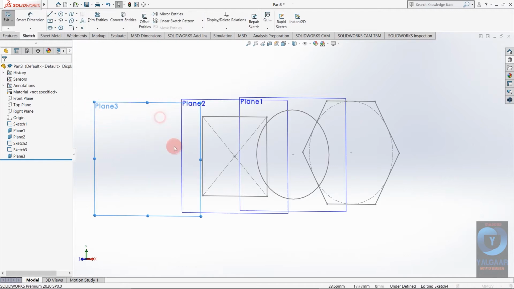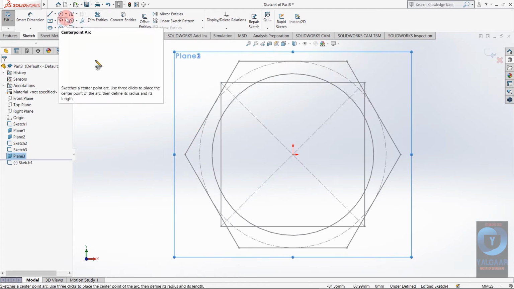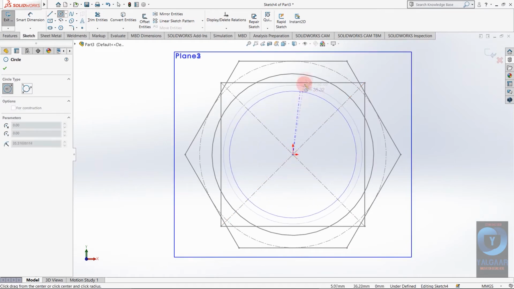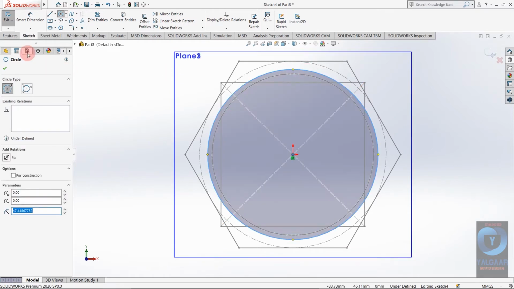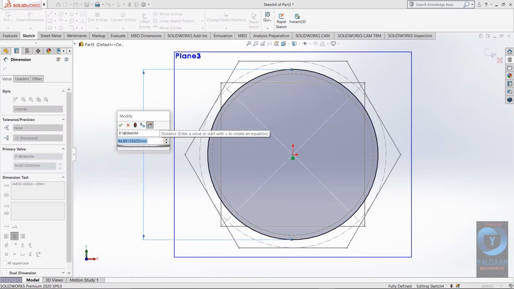So I am going to sketch. The fourth geometry will also be a circle with diameter 120 mm. One more thing is that I have selected these dimensions randomly.